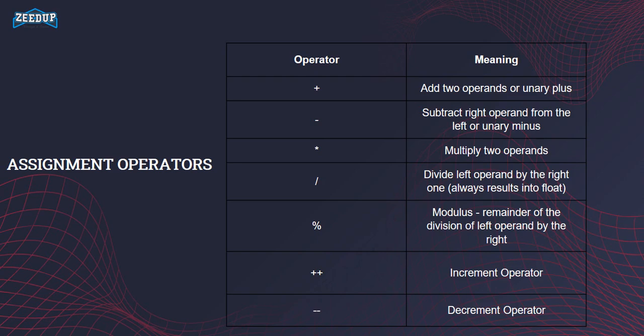There are two ways of using an increment operator, which is a prefix increment and a postfix increment. Prefix increment first increases the value and then uses it. The postfix increment first uses the value and then increases it. Similarly is the case with the decrement operator, that is we can use prefix decrement or postfix decrement, but instead of increasing the value, the decrement operator is used to decrease the value by 1.